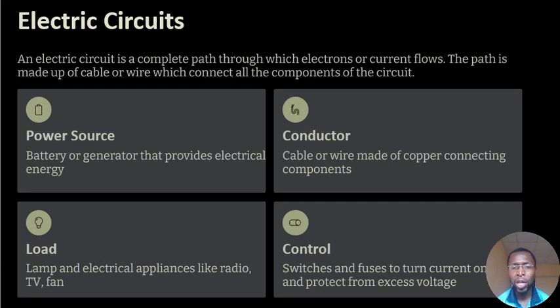Another component of the electric circuit is the conductor. The conductors are the cables or the wires that we use in transmitting this electrical current. They are made up of copper most times. And another component again is called the load. The load are the appliances we use at home, like the lamp, the TV, the fan, the laptop, and so